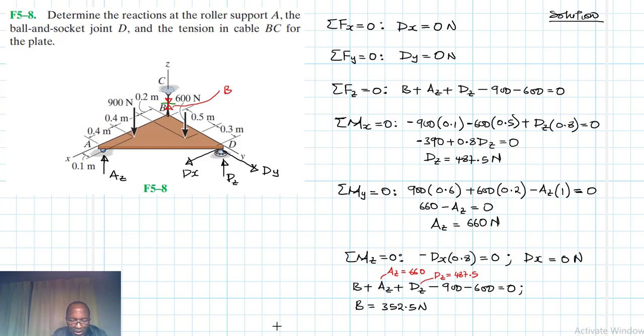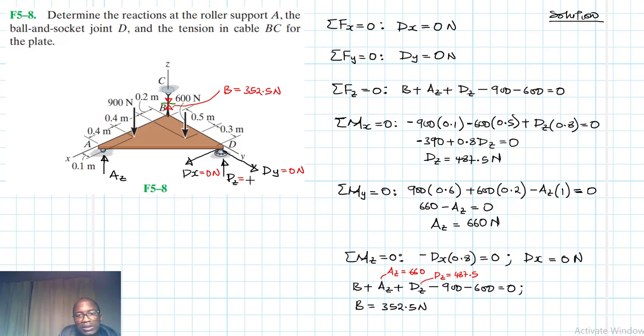Let me do it again. 660 plus 487.5 minus 900 minus 600, 352.5. Okay, so our B is just going to be equal to 352.5 newtons, and then we have DY equal to 0 newtons, and then we have DX equal to 0 newtons,